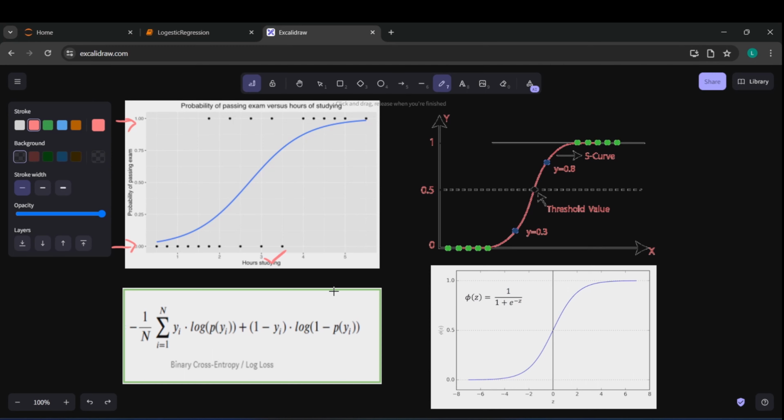And logistic regression assumes a linear relationship between the independent variables and the log odds of the dependent variables. What do I mean by linear relationship? If we observe here, as the hours of study increases, the probability of student passing the exam also increases, suggesting a linear relationship between them. So when the relationship is linear, logistic regression can effectively model the relationship between the features and the probability of